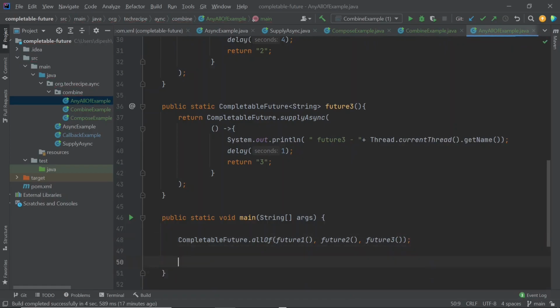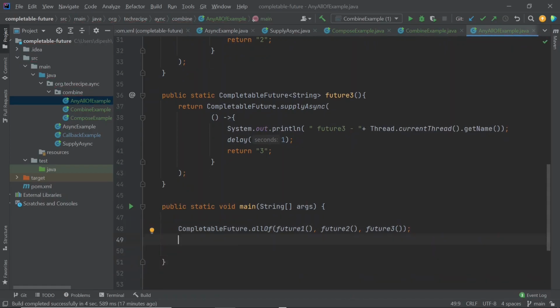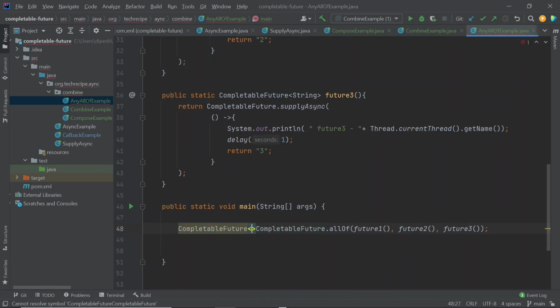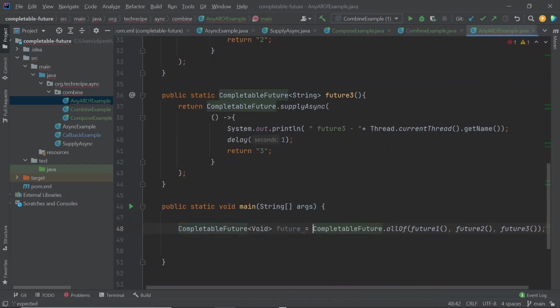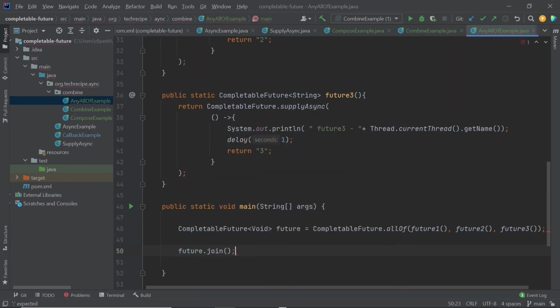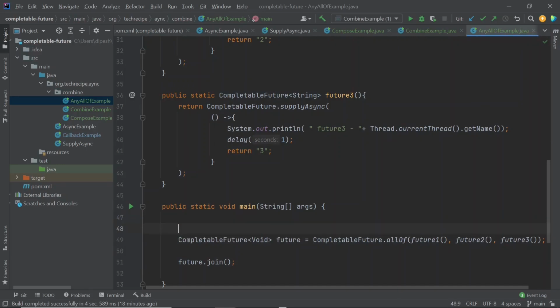Basically this CompletableFuture returns void when we use allOf. And let's join it using this. Okay, and what we can do is log the timing.